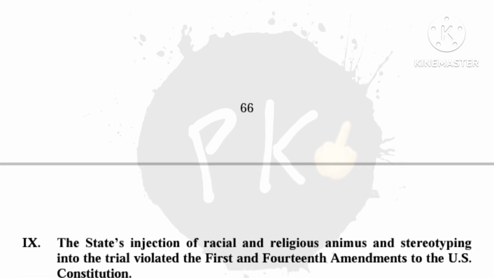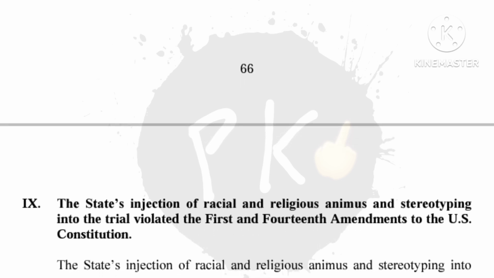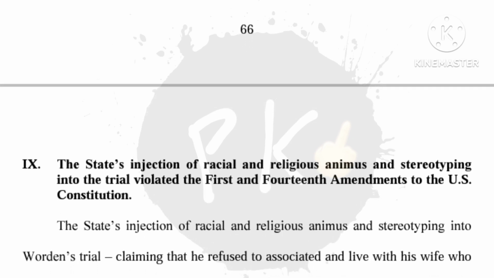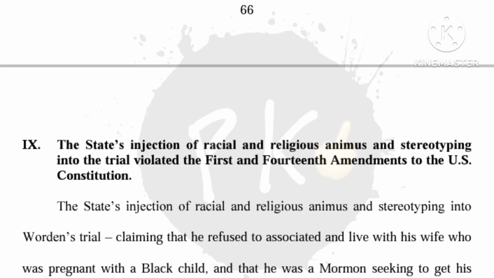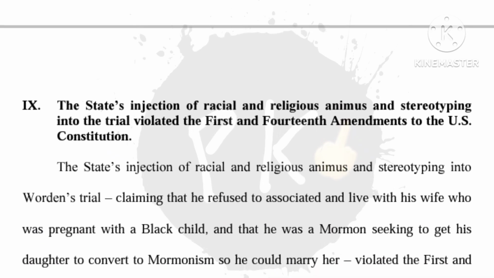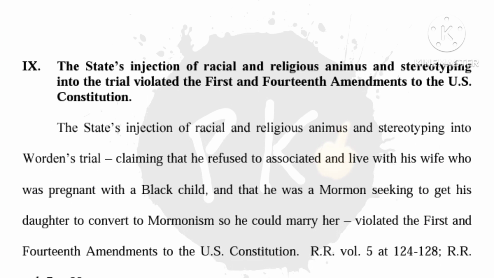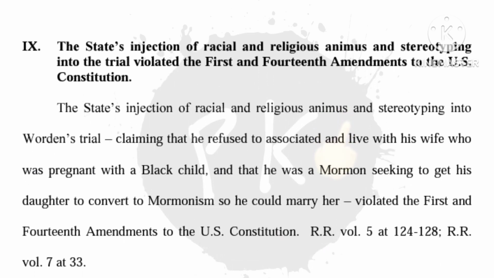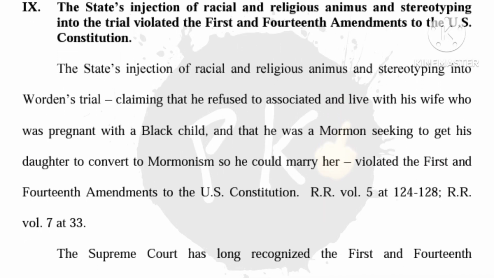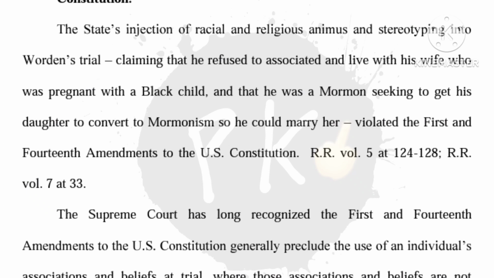9. The state's injection of racial and religious animus and stereotyping into the trial violated the 1st and 14th Amendments to the U.S. Constitution. The state's injection of racial and religious animus and stereotyping into Warden's trial, claiming that he refused to associate and live with his wife who was pregnant with a black child, and that he was a Mormon seeking to get his daughter to convert to Mormonism so he could marry her, violated the 1st and 14th Amendments to the U.S. Constitution. The Supreme Court has long recognized the 1st and 14th Amendments to the U.S. Constitution generally preclude the use of an